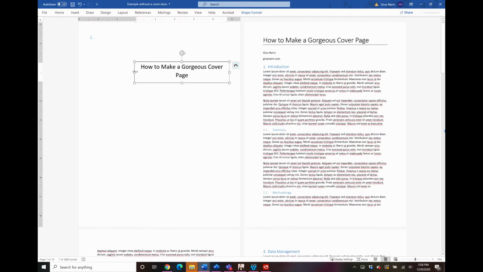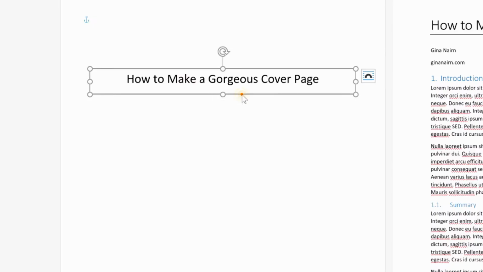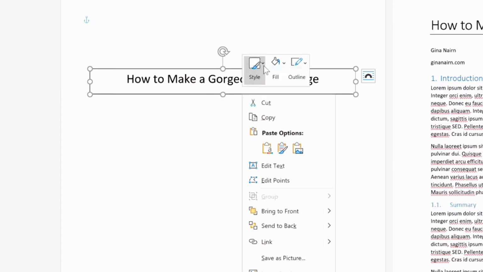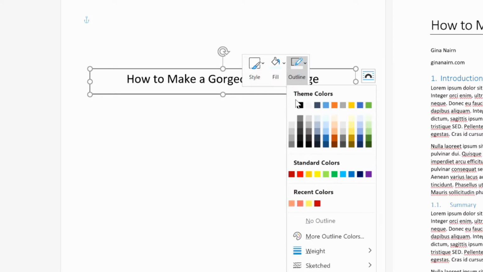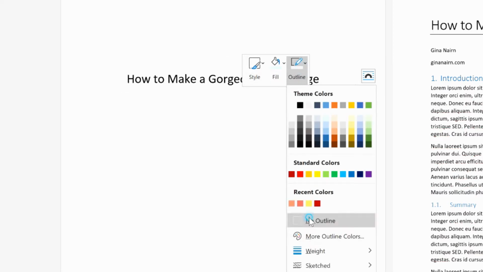And then I'm going to wreck it because I'm going to widen this a bit. Okay, and let's take off the outline and say no outline.